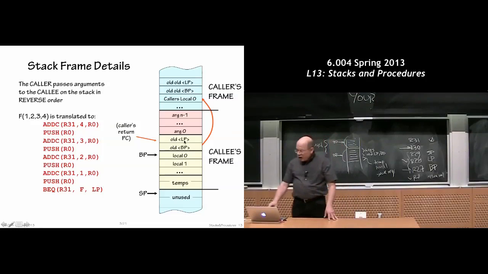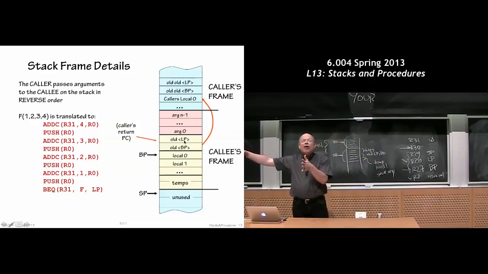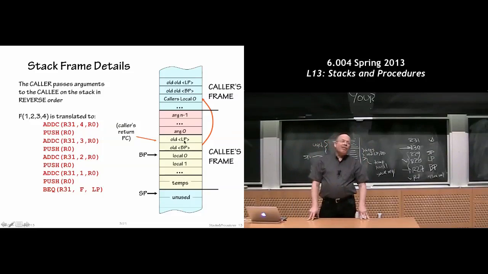So here the first argument is always a fixed offset from the base frame pointer. If I push it on last, it'll always be exactly two words above where the base frame pointer points. And if you think about how something like printf works, the first argument gives you all the information you need to know how many other arguments there are going to be. There's a var args